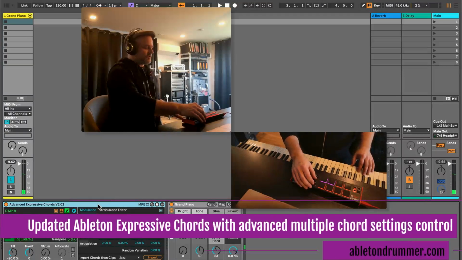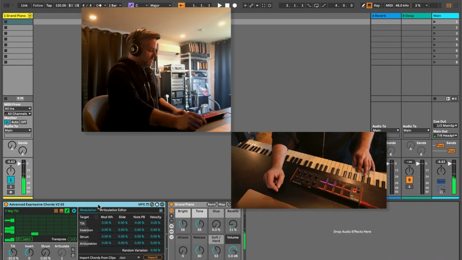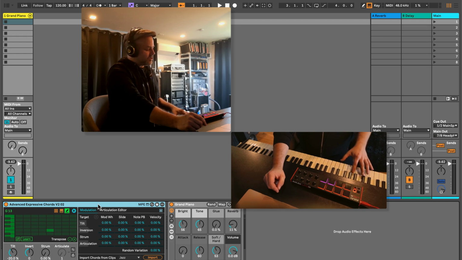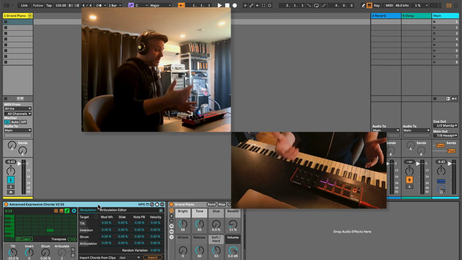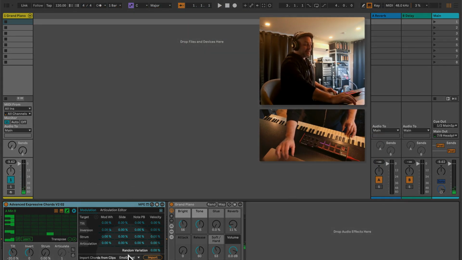Hello everyone, how to use the Expressive Chords device as the advanced Expressive Chords device to play chords via your keyboard or via a push or via a MIDI controller and trigger chords, and you are able to actually select different settings on the device here. So this is,